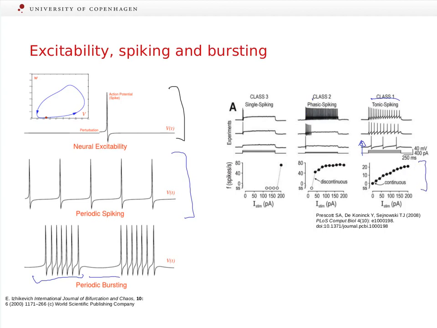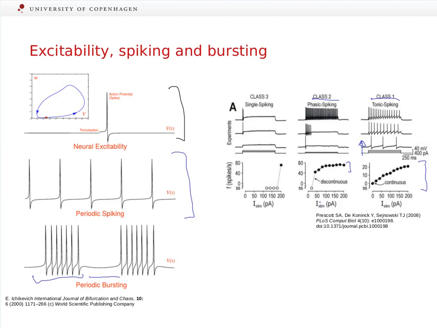On the other hand, class 2 neurons didn't have this broad frequency range. They didn't encode the intensity of input current as a frequency code. So when the stimulation current was low, they didn't sustain periodic spiking and only showed transient responses or phasic spiking. At higher stimulation amplitudes, however, they did sustain periodic spiking.